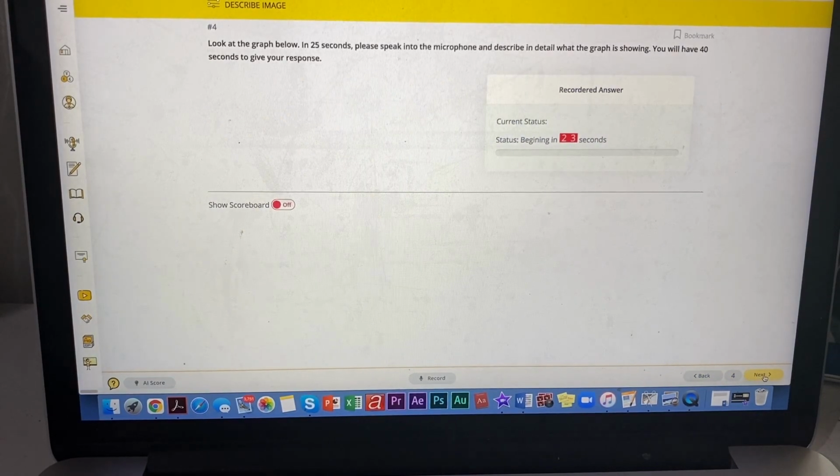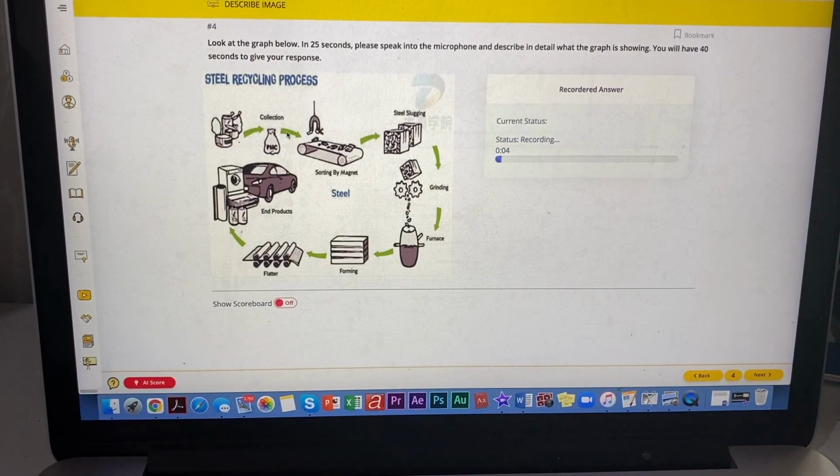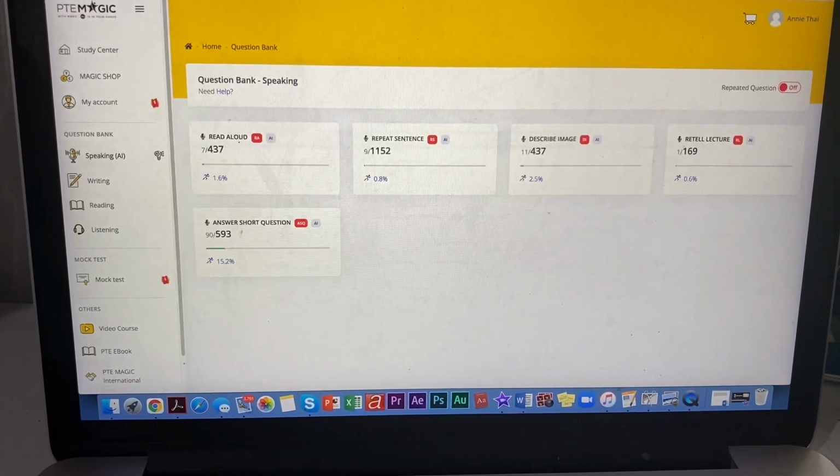So that's how you do this test. I'm gonna finish here because we have so much to cover, but if you want me to make more examples on this describe image, just comment below. Okay, now let's move to